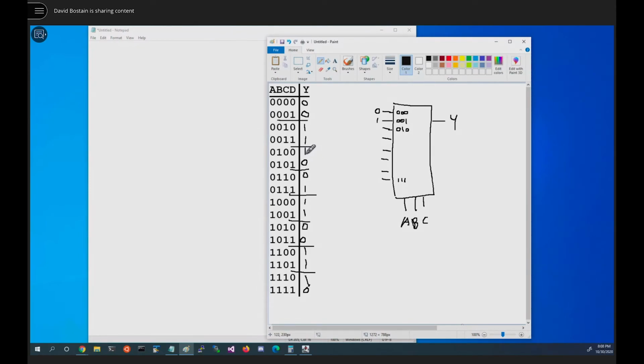Well, it looks like when D is a 0, we get a 1. When D is a 1, we get a 0. So we can't hook a 0 to it because we get a different answer depending on what D is. Not D? Not D. That's exactly right. It's going to be just exactly the opposite of what D is. The next one, which is at 0, 1, 1, will be this. Notice how it matches D exactly? So it would be D.